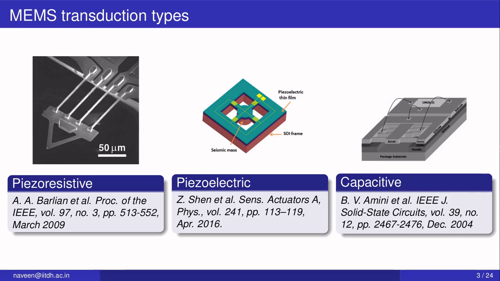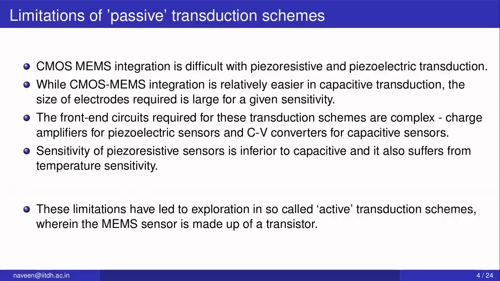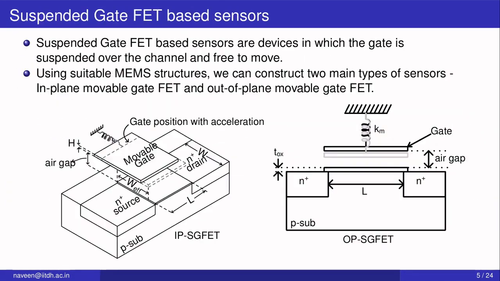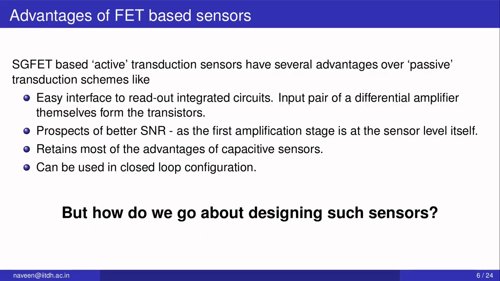So this essentially means that the sensor is far from the rest of the integrated circuit, and that has an effect on the signal to noise ratio. So in case of transistor based MEMS, essentially the first level of amplification is much closer to the sensor, which is likely to result in a better SNR, and it retains most of the advantages of the capacitive